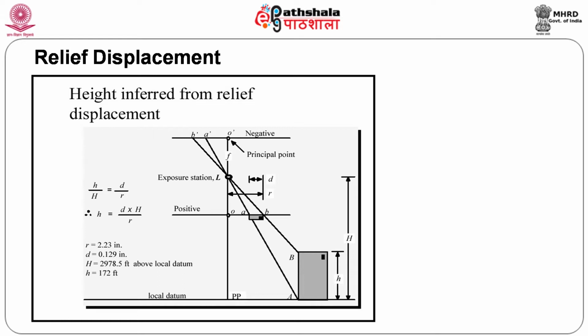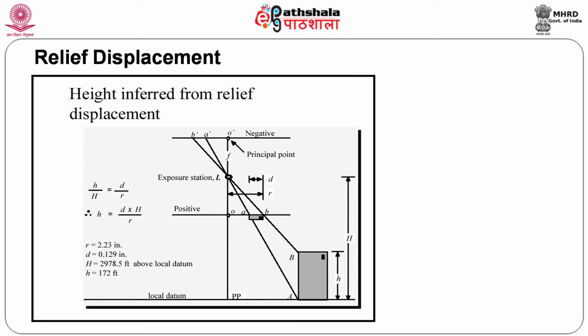So, this is what we otherwise call relief displacement. Relief, I think you should know what relief is. Relief is nothing but the difference between the point of highest elevation and the lowest elevation in a given area. So, the displacement of relief will provide very valuable information, namely the height of the object, which is not possible in a single dimension. I think you will have to agree, whether it is an aerial photograph or satellite images.